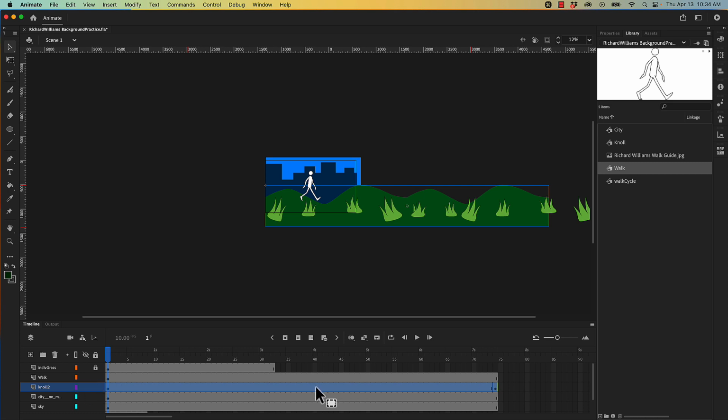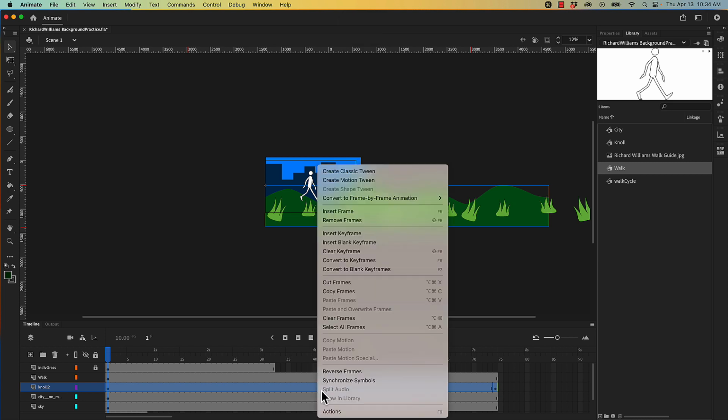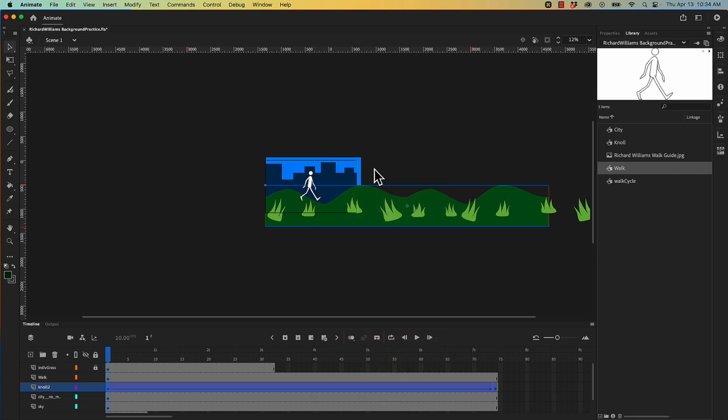timeline here. I'm going to right click, so that's Control and click in the timeline, and create classic tween. Bam. And you'll see that this turns purple and there's an arrow from frame 1 all the way to the end where we can see our